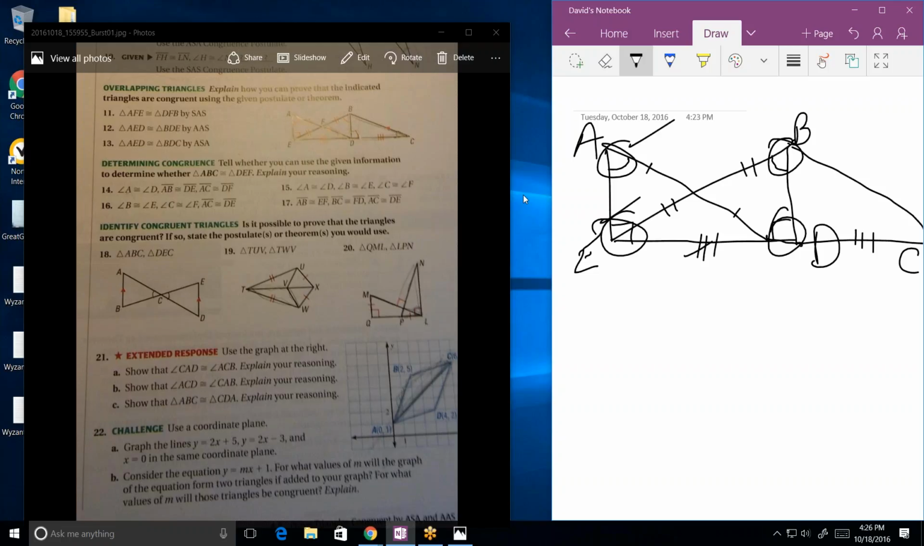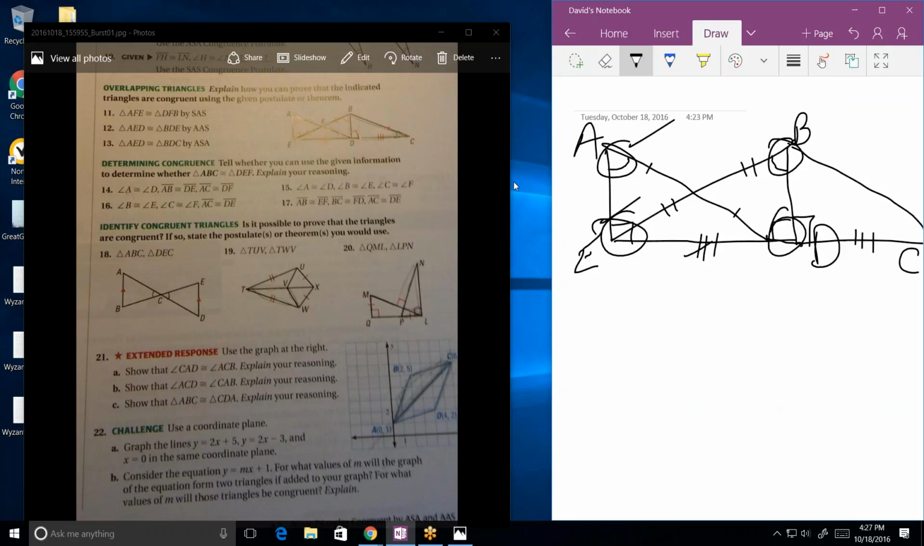Wait. Is what? Are these 3 hash marks on DC also on ED? Yes. Okay, so we have one side that's the same. Now, what we also know is that